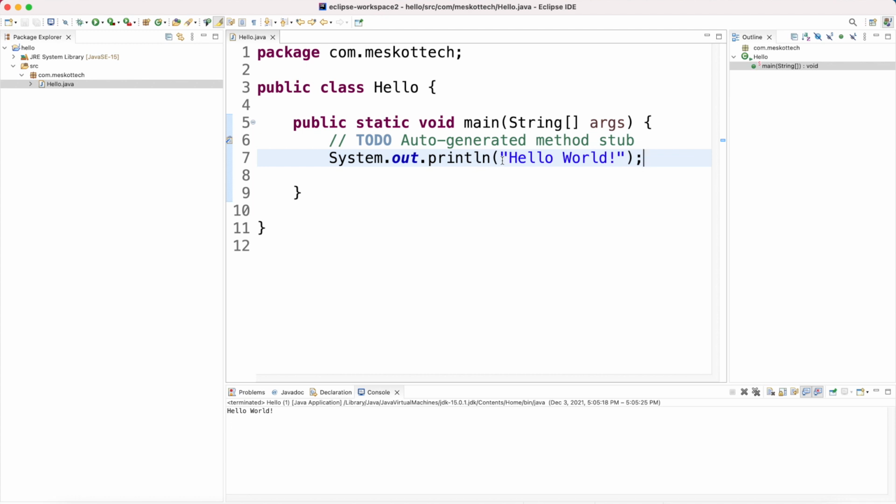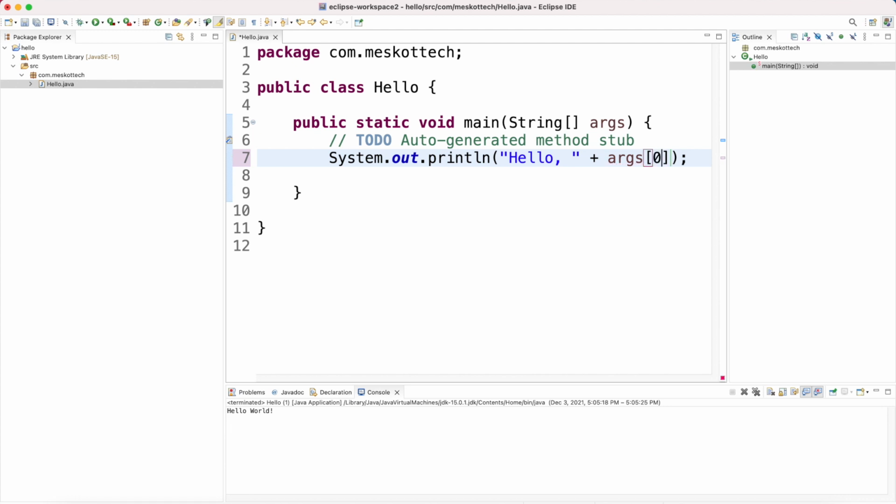For that, let us remove this, and I want it to display my name rather than just hello world. So for that one, I will say hello, let's keep hello comma, and in here let me say